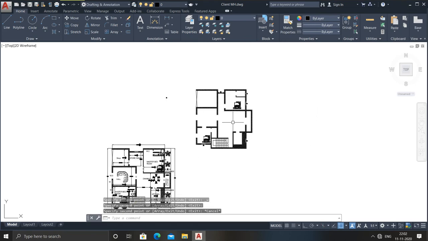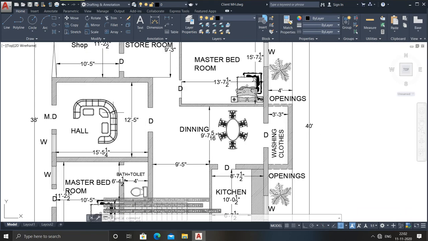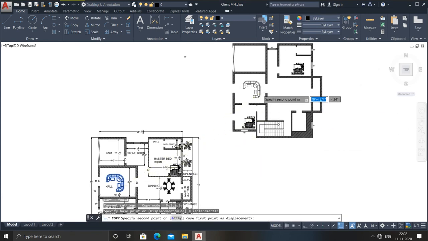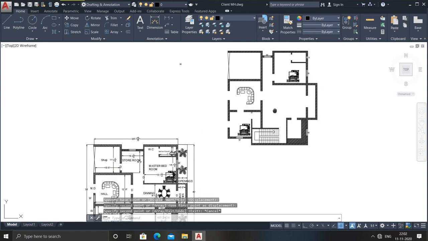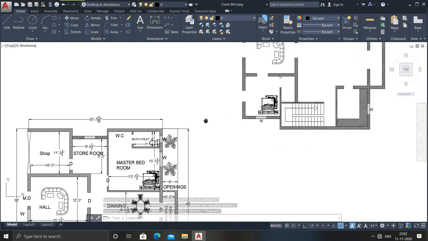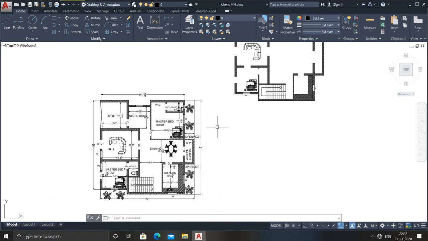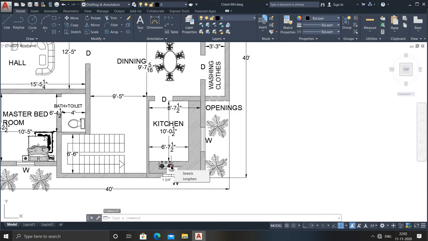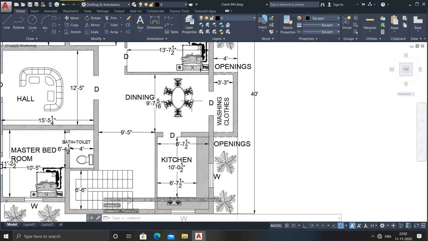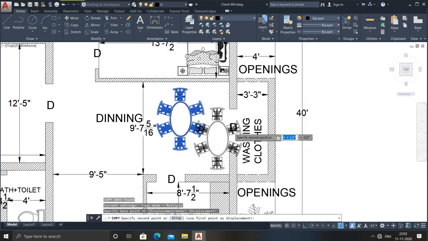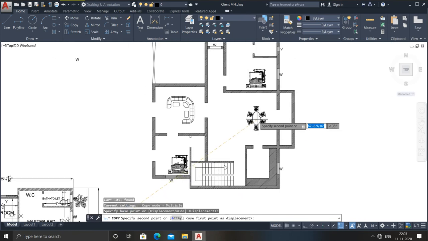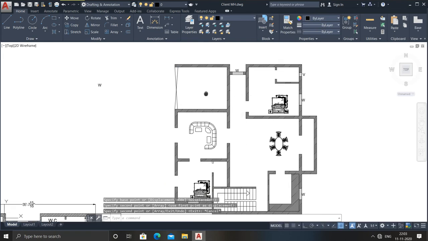Now I want this furniture also, but I have different varieties of furnitures. But if I keep on working on that, it will take quite a long time. You may be bored or interested, I don't know, but cooperate with us. So that will be the thing. This is the dining table. So go for the copy command, just drag it by clicking in the center. So this will be your dining. Skip it. This will be your store, and this is your shop.